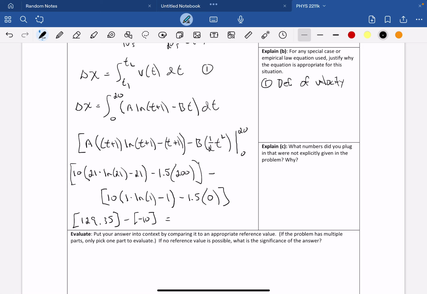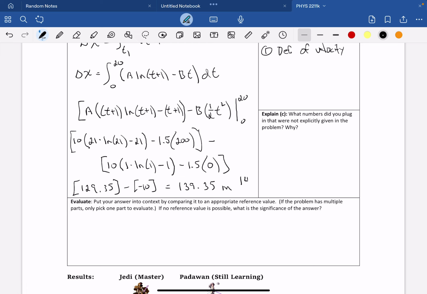So my total answer is 139.35 meters. Why meters? Because we're finding delta x. We're finding a distance, so it must be meters. Okay, and so now our answer should have two significant digits because the problem has two significant digits. So this is going to be 140 meters, and I make sure to put a box around my final answer